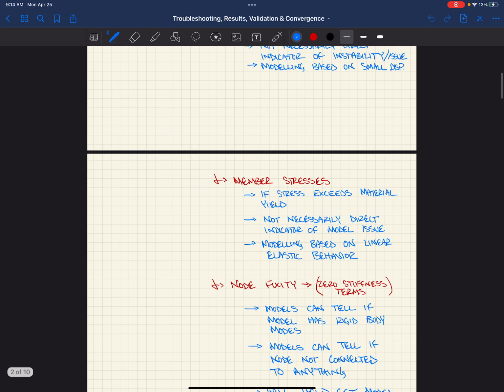Another thing that VA does, you might have seen in your model, is member stresses. If stress exceeds the material yield, right? Every member has a material property to it, okay? So in that material property,